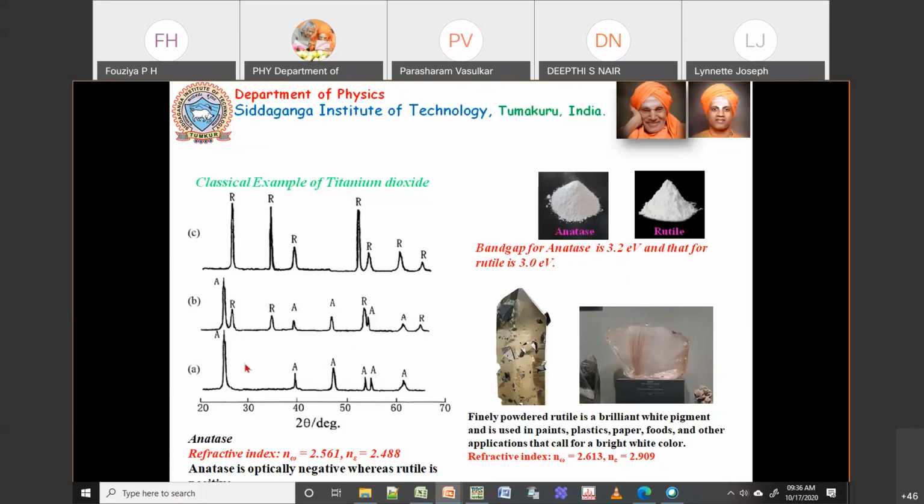Phase analysis will give the basic information about whether you have a pure phase or some impurity. In this case, you have three X-ray diffraction patterns here. The bottom one is a pure anatase phase. The top one is a purely rutile phase. The one in the middle is a mix of both anatase and rutile. These things you need to know